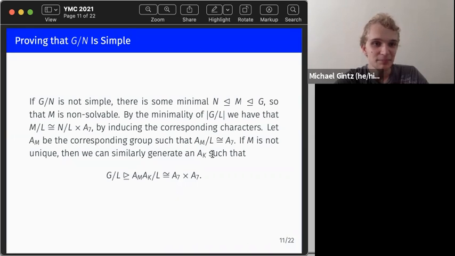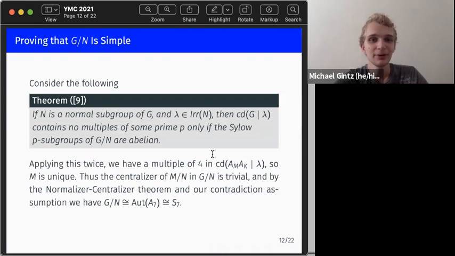Now, let A_M be the corresponding group such that A_M over L is congruent to A7. If M is not unique, then we can also generate a similar A_K such that A_M A_K over L is actually going to be the direct product A7 times A7. And we're going to use a couple of theorems to get a contradiction out of this. First, if N is a normal subgroup of G and lambda is an irreducible representation of N, then CD of G pipe lambda